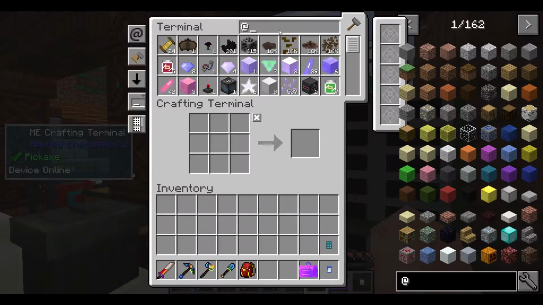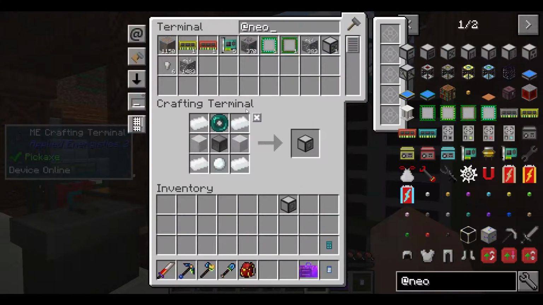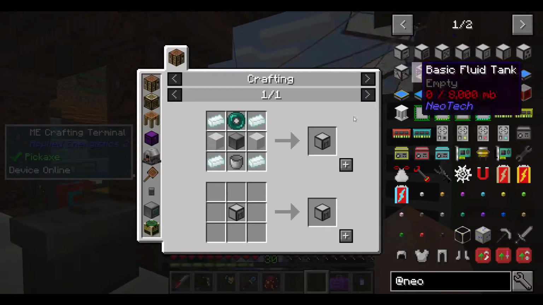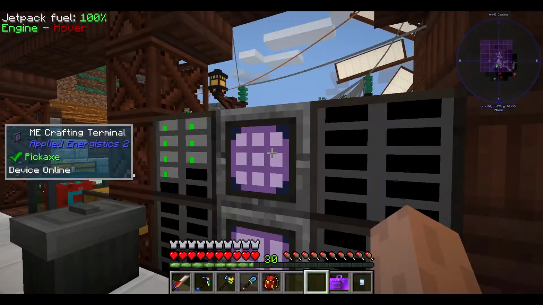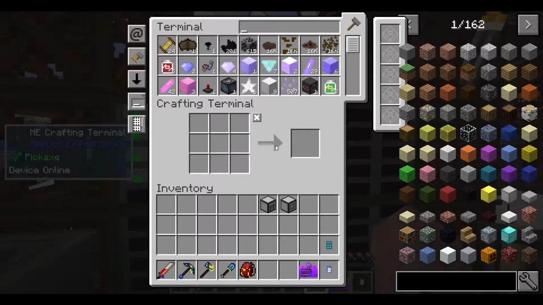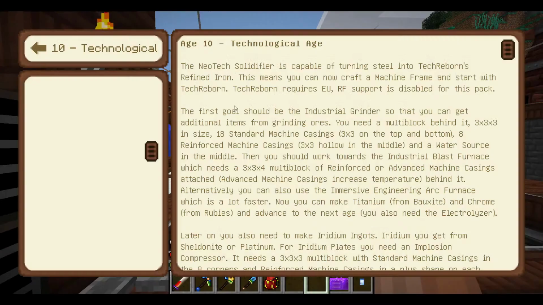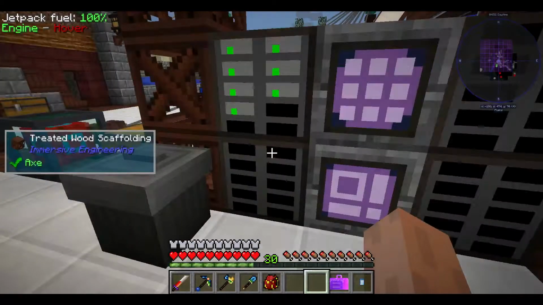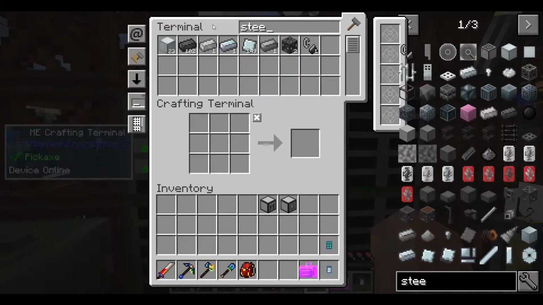Let's go back to Neotech. And we want a solidifier. And I believe we're also going to want a crucible. Jackpot. There we go. So we've got a crucible and a solidifier, and this is simply going to be for making the refined iron, is it called? I believe. Just quickly double check that. Yeah, the refined iron. So the next thing I want then, we're going to want some steel, because that's what we're going to be turning